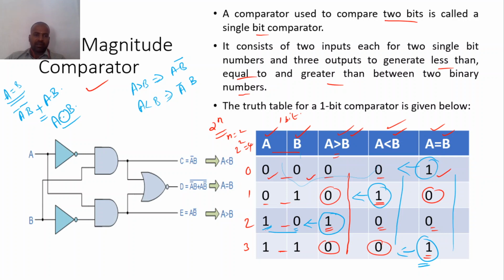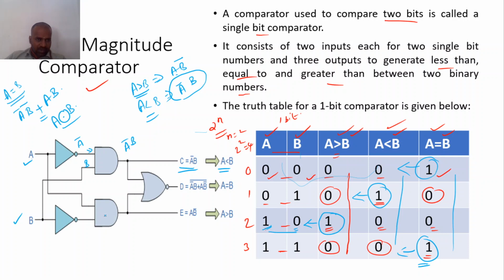How to draw the logical diagram? Only two inputs, so have a look at this. A and b, two inputs are there. Okay, right. So first a less than b, what is the expression? It is a bar b. So see, one inverter is there, so here it is a bar, so a bar b. So a bar will come here and b will come here. So the output here is a bar b, which is equal to a less than b.